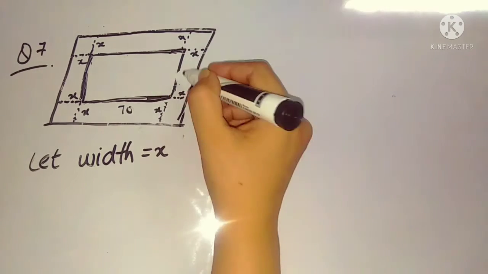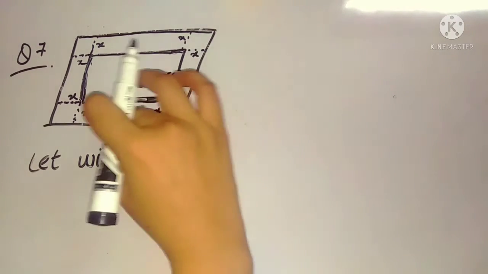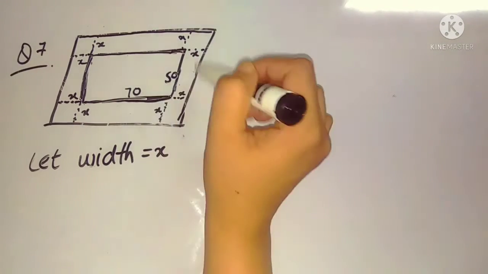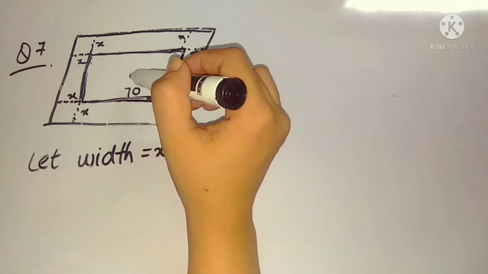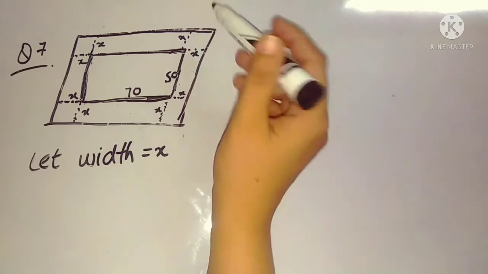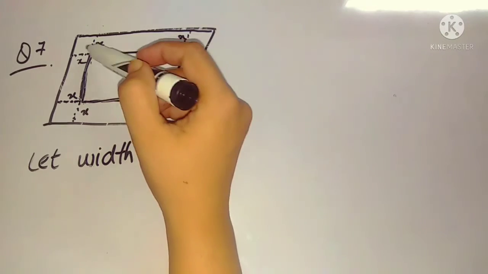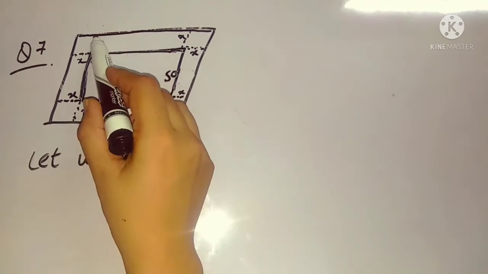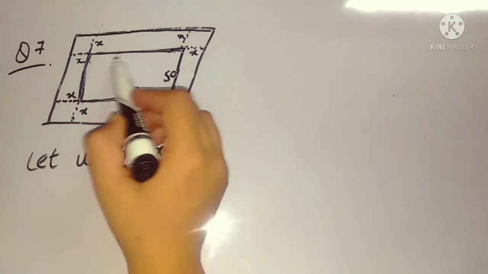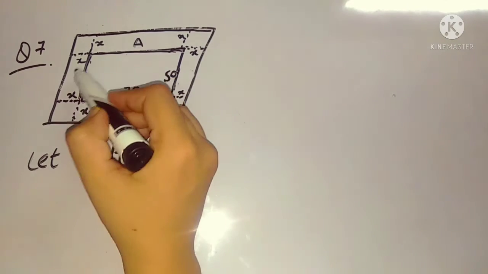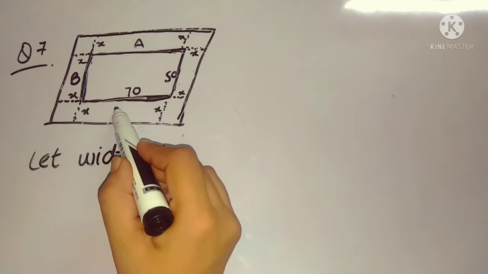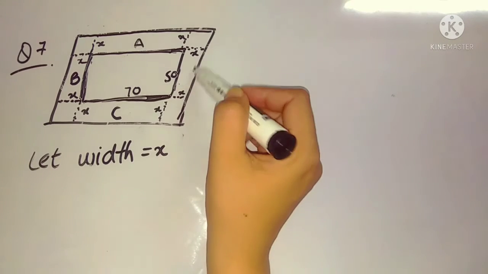Okay, we can write down the length and width of the rectangular part inside. Now in this whole figure, this is a rectangular field, but this is a concrete path. This rectangular field is surrounded by this path. So now you can see that we have four squares. This is a square, this is a square, this is a square, and this is a square. We also have four rectangles. Can you see this rectangle? We can give it the name A, and this is also a rectangle, we can name it B, and this is also a rectangle, we can name it C, and this is also a rectangle, we can name it D.